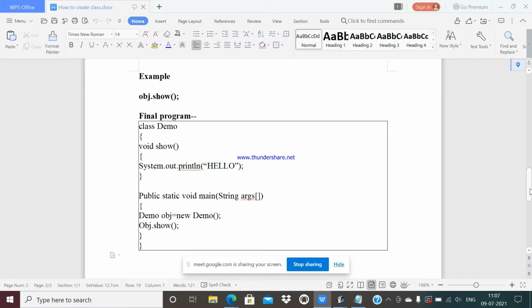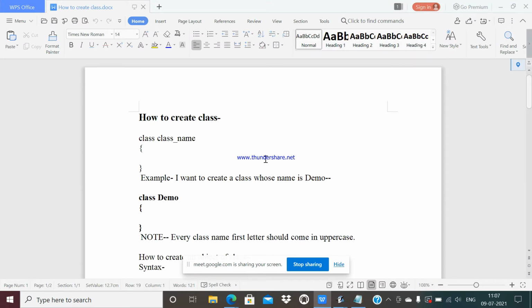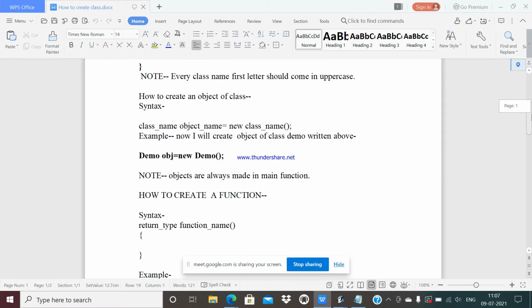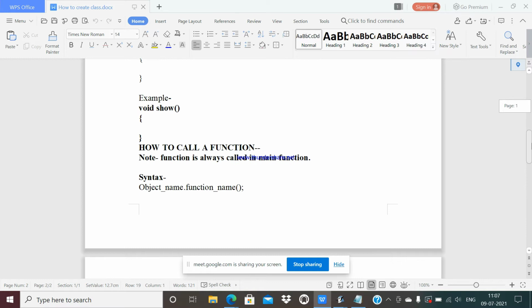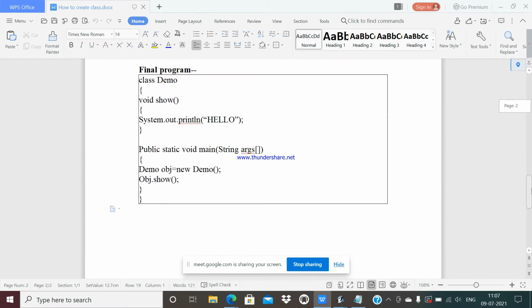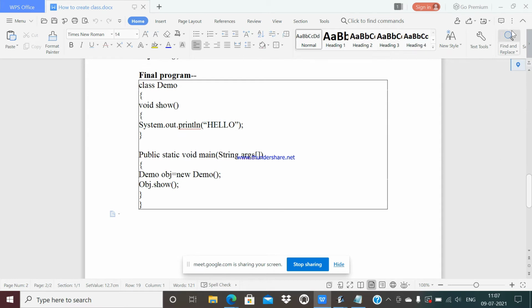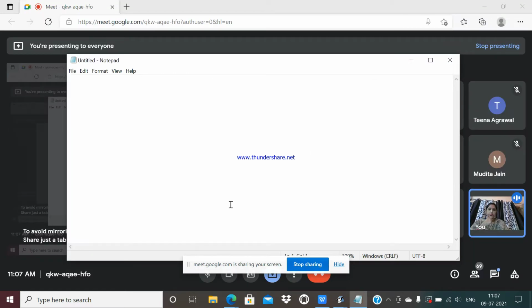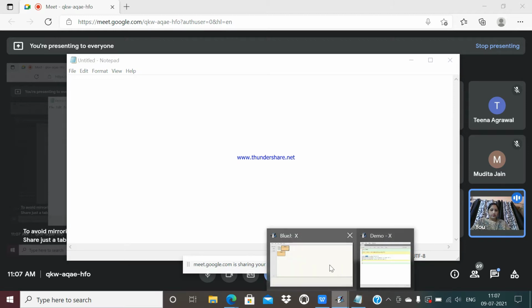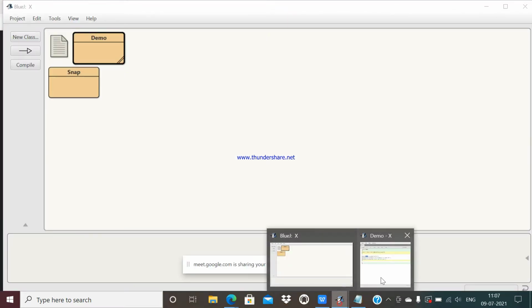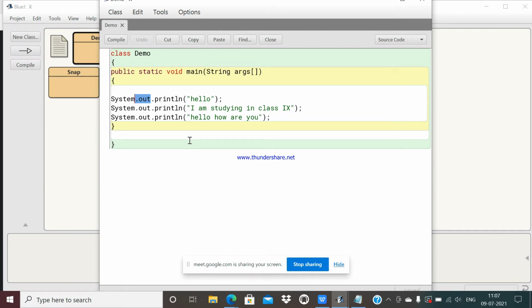See, this document I sent you last day. Now coming to the creation of a class, how to make an object, how to call the function of a class, and finally I'll make a program in front of you by using a class and an object. Now let's begin. See students, the program we made earlier, what was that program? In that program we simply printed a statement.